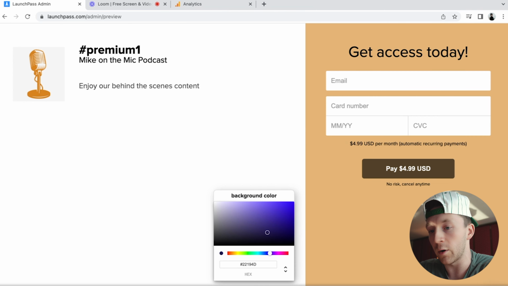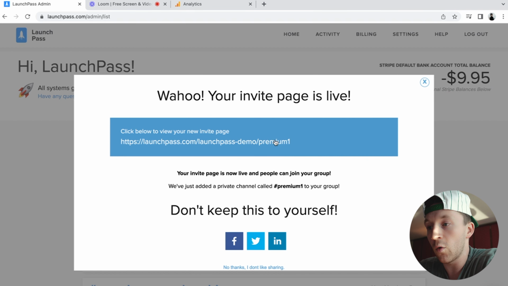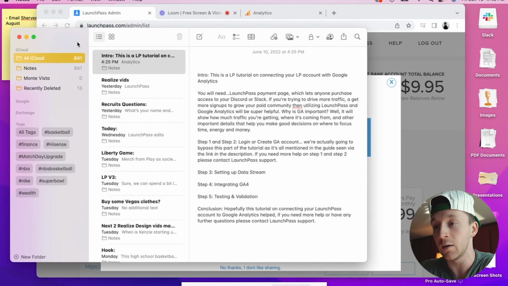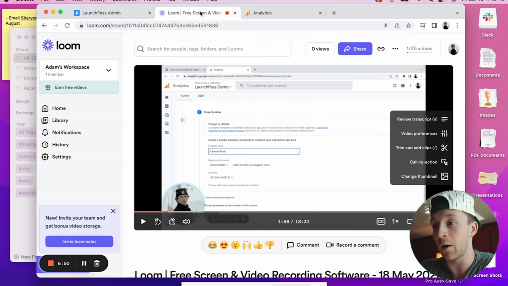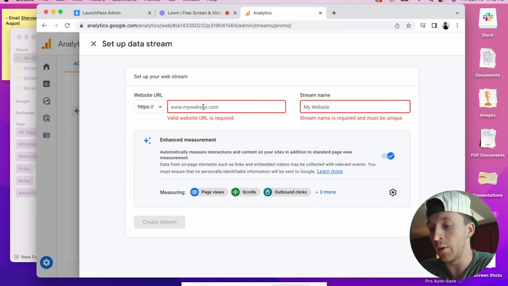And this looks great. So we're going to go ahead and click publish it, and you're going to be prompted with your URL. We are now moving on to step 4. So step 4 is actually integrating your Google Analytics account. So we're going to take that LaunchPass URL, we're going to copy that, and we're going to put it right